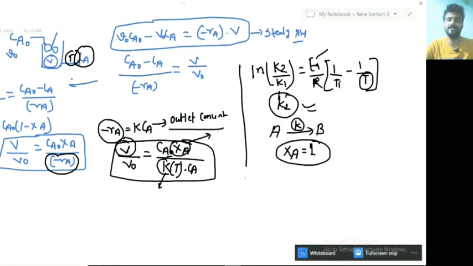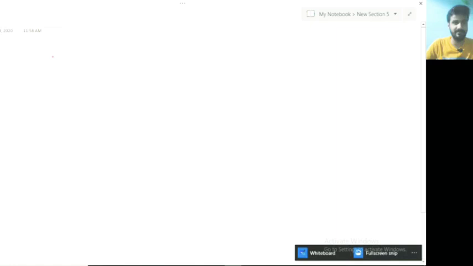If the reaction taking place inside the CSTR is an irreversible reaction, then which types of process will happen? So I am going to take, if the reaction is A going to B, this is a reversible reaction. If the rate constant of the forward reaction is K1 and the rate constant of the backward reaction is K2, so my dear student, at